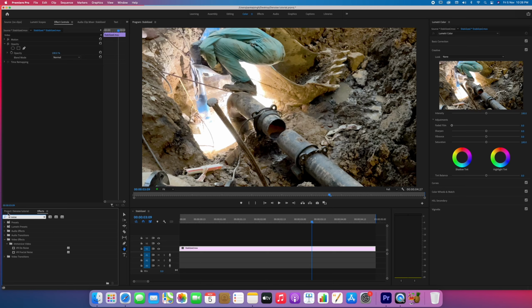Type VR noise in the effect filter and you can see here in immersive video we have VR Denoise. So apply this to our clip and now I can see instantly it reduces the noise, but at the same time it blurs the picture as well. So if I switch it off, you can see it blurs a lot. So we need to reduce the noise level